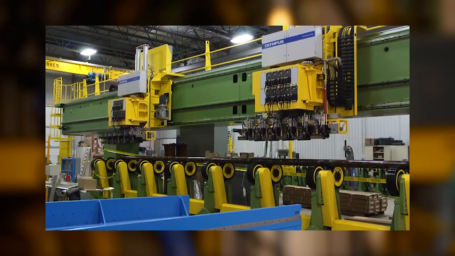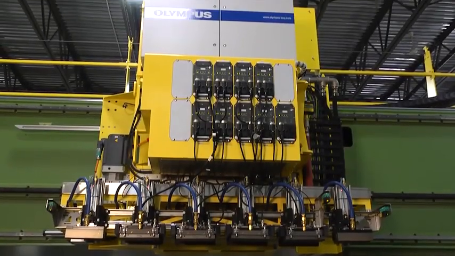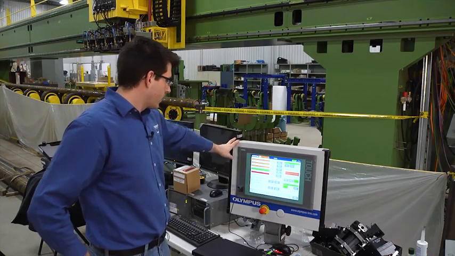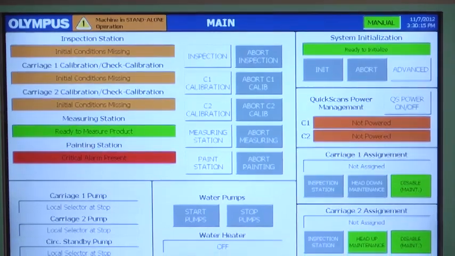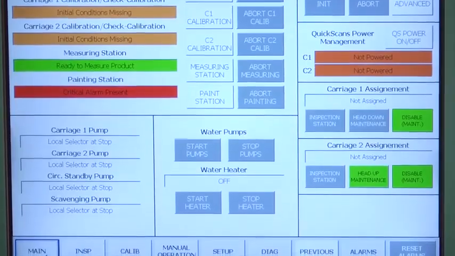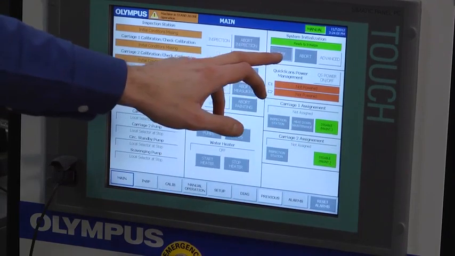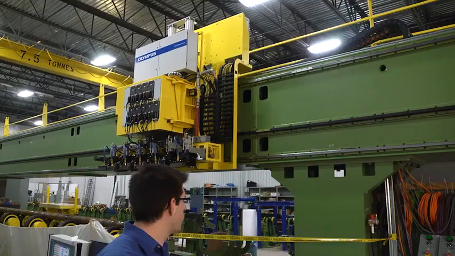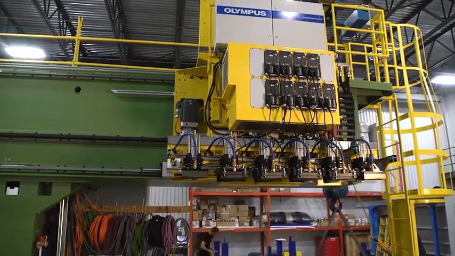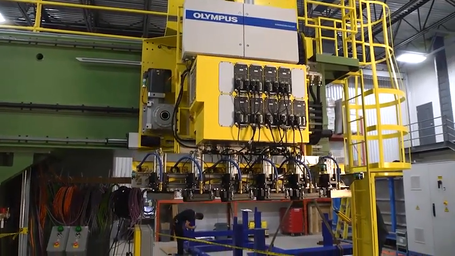Throughout this video, I will present the RTIS and its main components. Right now, we will send the carriage to its maintenance position so we can perform a changeover for a new size of pipe. We can send the carriage automatically to its maintenance position using the carriage assignment on the HMI. So if I assign the carriage to the maintenance position, and then I initialize the system, the carriage goes automatically to the maintenance position, and then I can lower the inspection head automatically also.